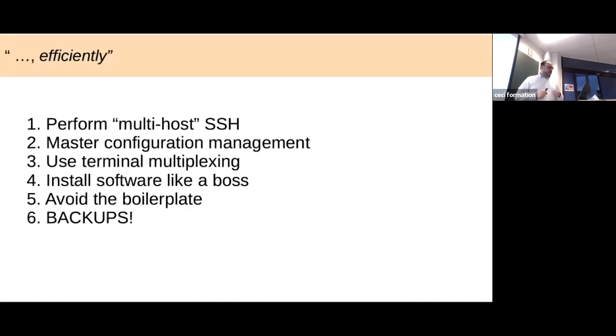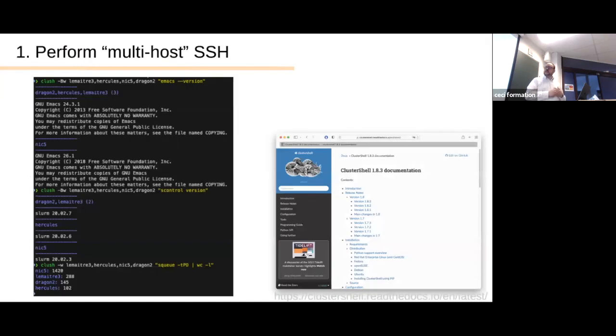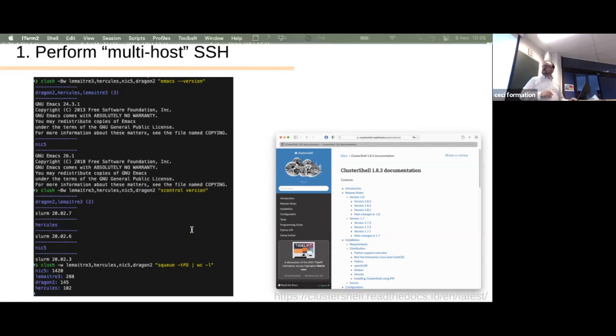And now I will focus on the last part of the sentence, which was efficiently. And I will show you some of the tools that we use that you might not know about, but that make our work easier. The first one is to perform multi-host SSH. You have learned how to access the clusters with SSH, and you have learned that you can access multiple clusters. Maybe you also have access to other clusters that are not part of CÉCI. But using the correct tool,